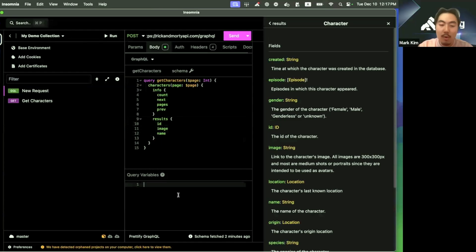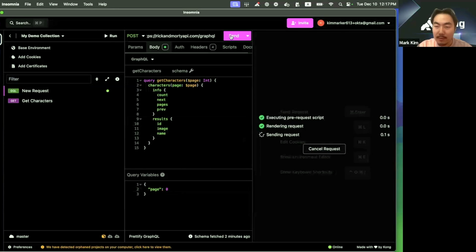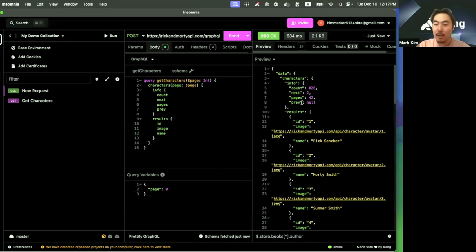And then below, we have a query variables editor. So we're going to pass the page equal to, let's say, 0. And now I'm going to close this. I'm going to click send. Boom. Now we've got the response for this. Here, one thing interesting is that we can